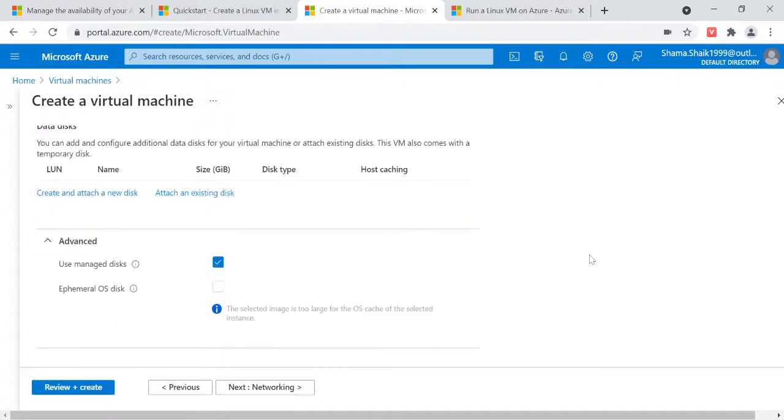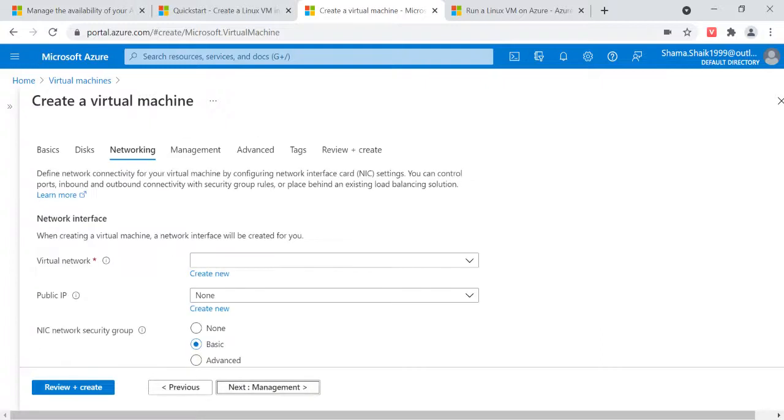managed disks, where we can manage disks. There are unmanaged disks and managed disks. If you select use managed disks, then you will have the ability to manage your disks after creation of the virtual machine. You can add disks and remove an already present disk. Likewise, if your requirement is there, you can add more disks to the already defined disk.